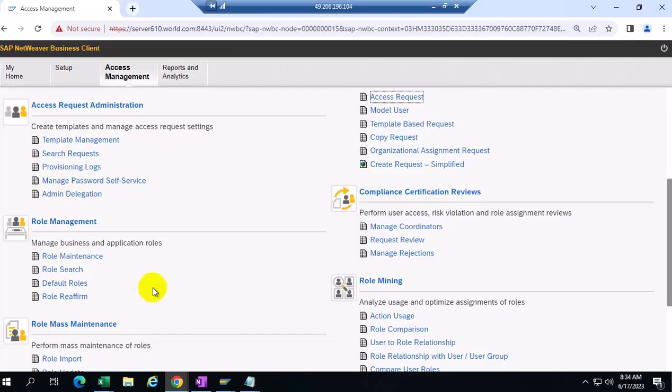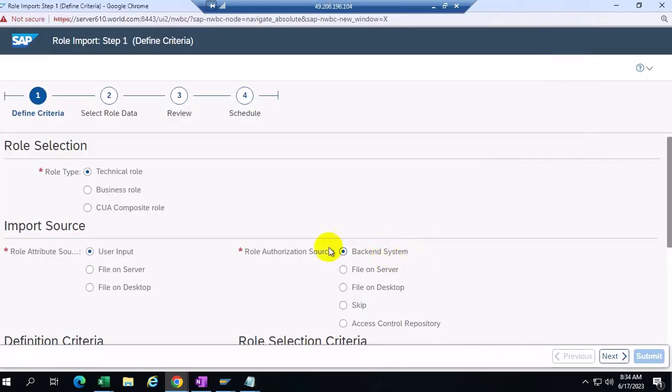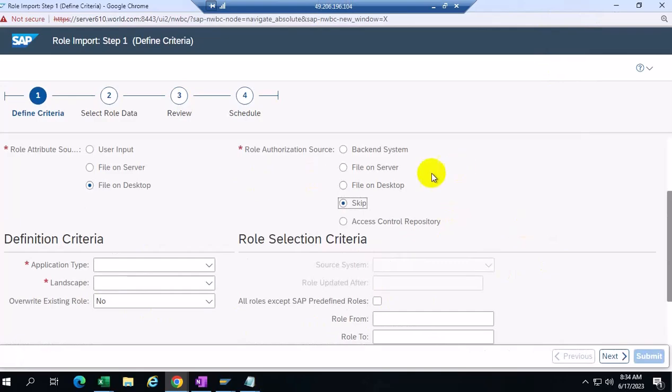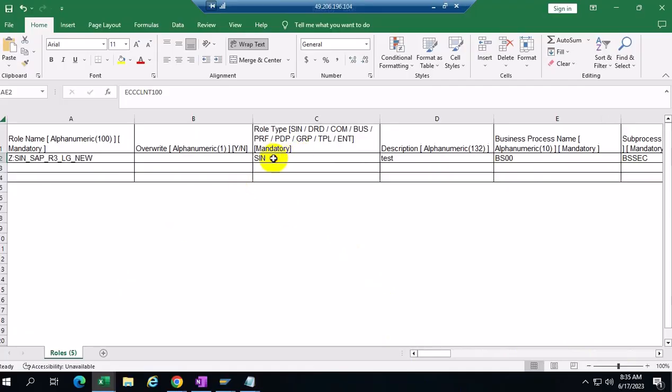During the role import, sometimes they won't use the backend system option, so they will use the skip option. If you use the skip option, it won't validate the system or the role type. So if you mistakenly change it from single to composite, the system will import the role. Later you cannot change it. You must delete this role in the